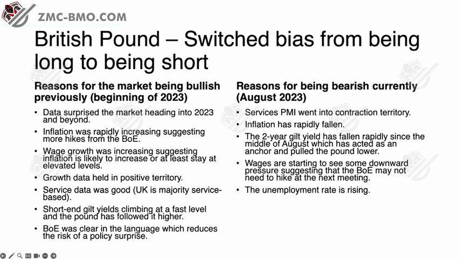You know, any higher unemployment rate is just not good for any economy. So that's another addition, if you will, to be bearish the pound at the moment. And then, of course, we are seeing a more dovish Bank of England because of all of this. If you saw services PMIs contracting, inflation rapidly falling, gilt yields falling, wages falling, and the unemployment rate slowly rising, do you think the Bank of England is going to be hawkish in that environment?